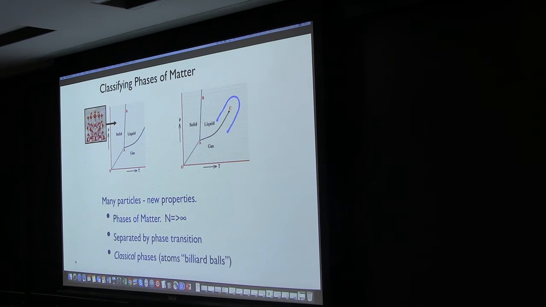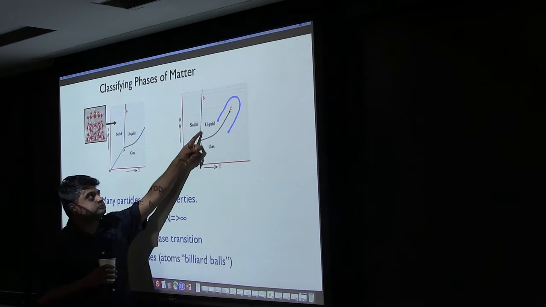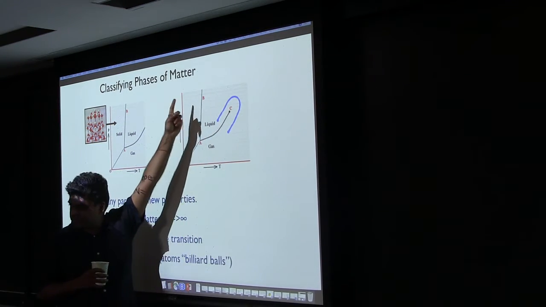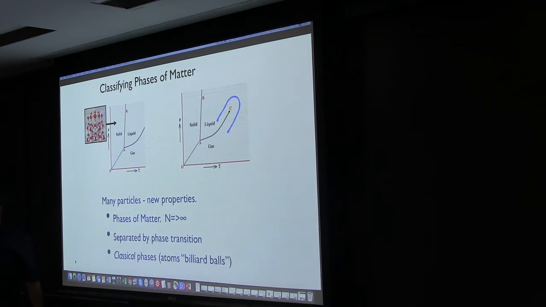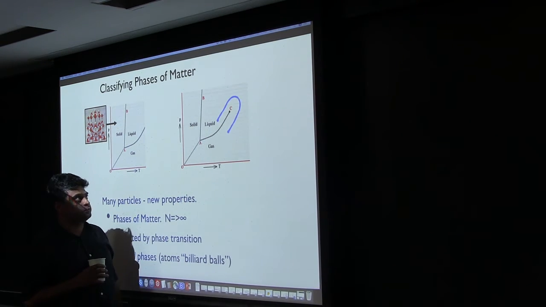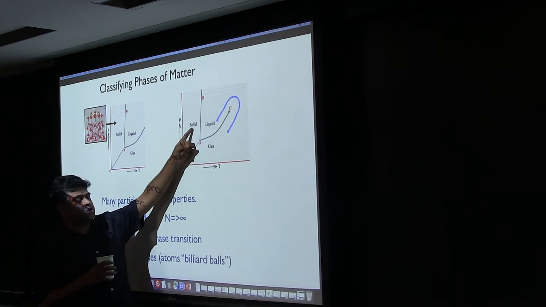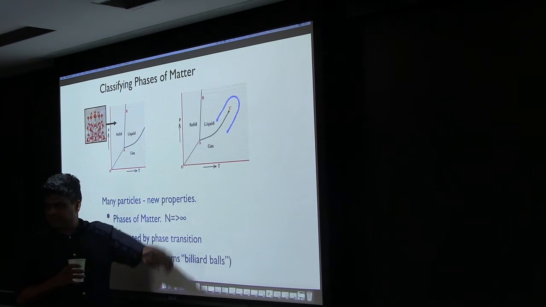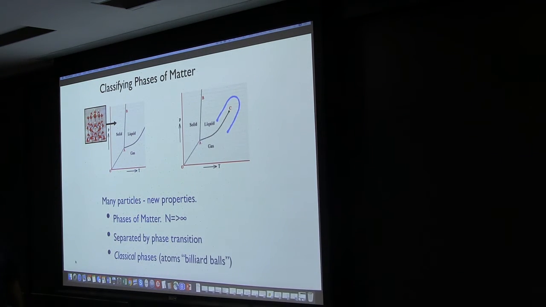You may then begin to doubt whether this line actually goes on forever. Maybe if you go to really high pressures and temperatures, you can smoothly go between a liquid and a solid. Or can you? It turns out that's actually not possible. That line does go on forever, and there's a way to make a qualitative distinction between these two. Most solids are crystals, so they have a periodic arrangement of atoms, and you can use that periodicity to sharply define the distinction between a liquid and a solid. So that boundary really goes on forever.